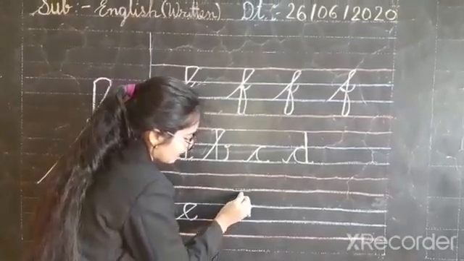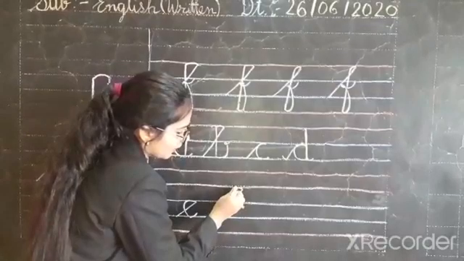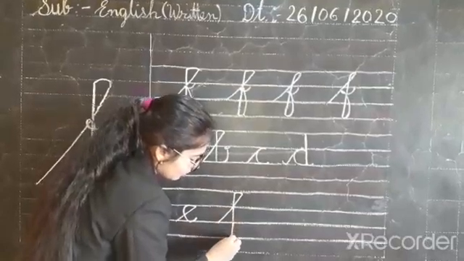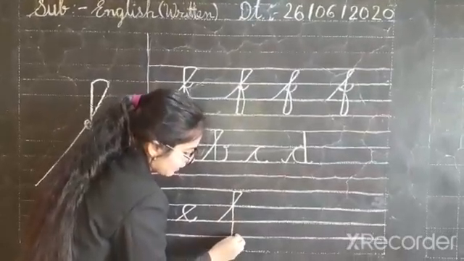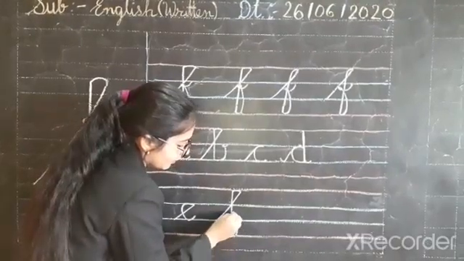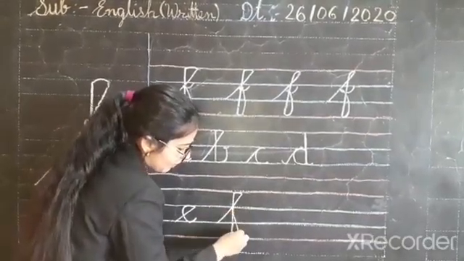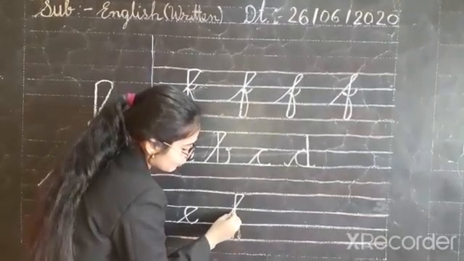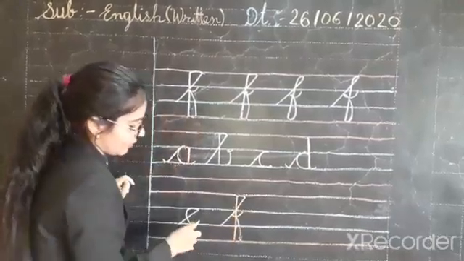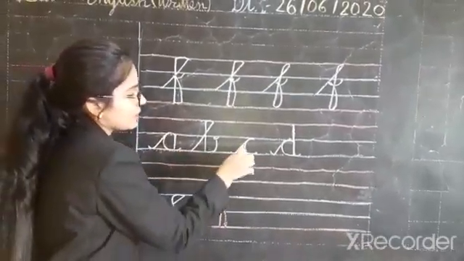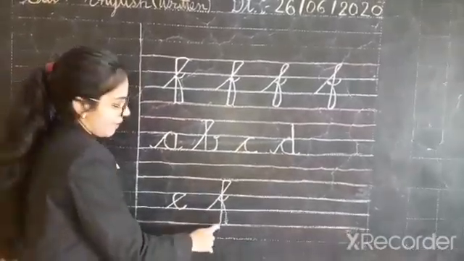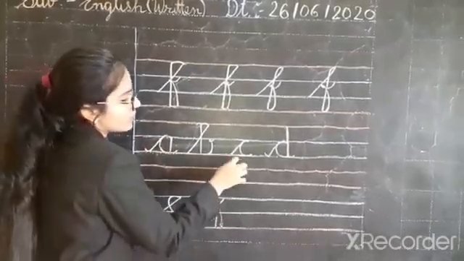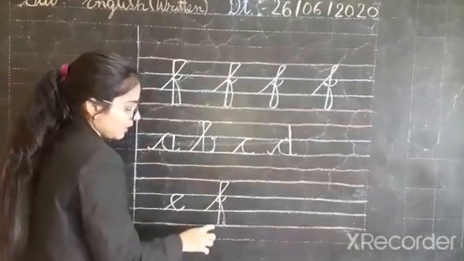Do straight slanting line, then small curve, then come down, do straight line, down up to red line. Okay, then again do small curve, then come back up from here up to here, and then from here you have to do small curve and touch here. Understood? A, B, C, D, E, F. Okay, again I repeat it. A, B, C, D, E, F.